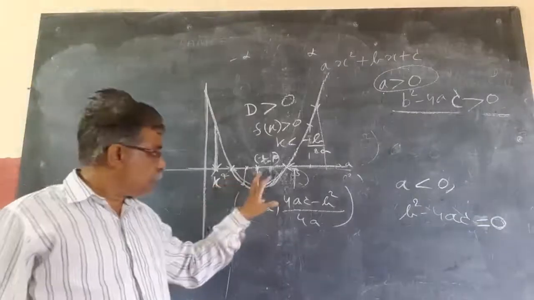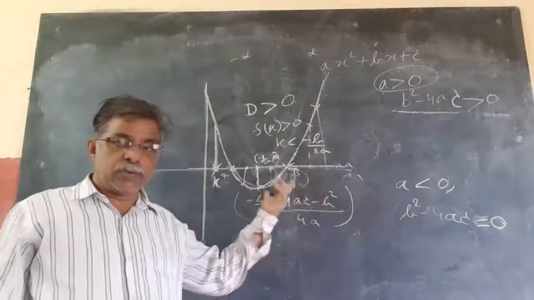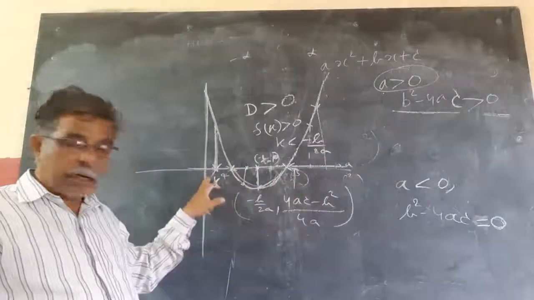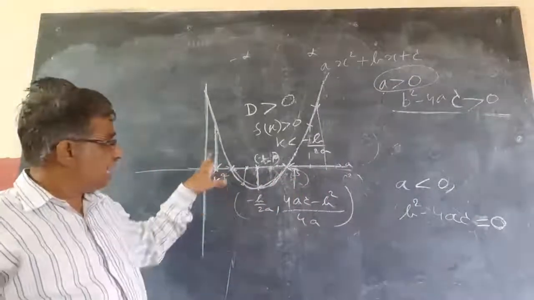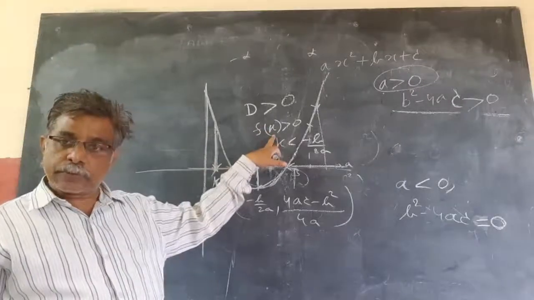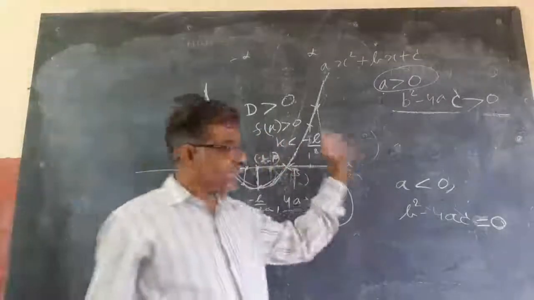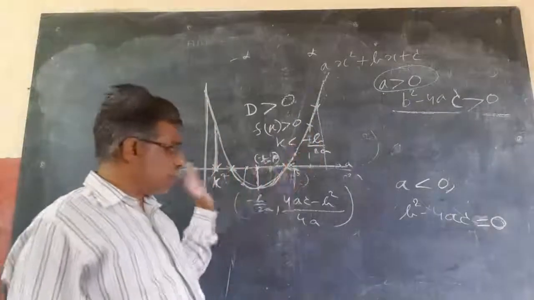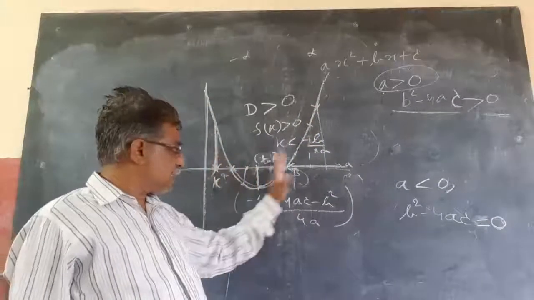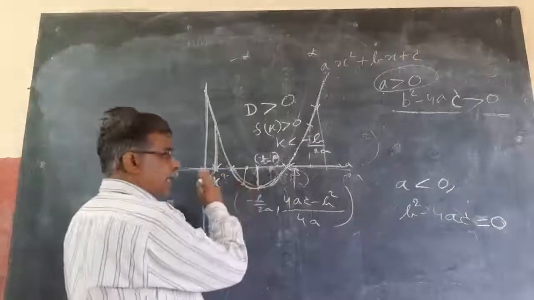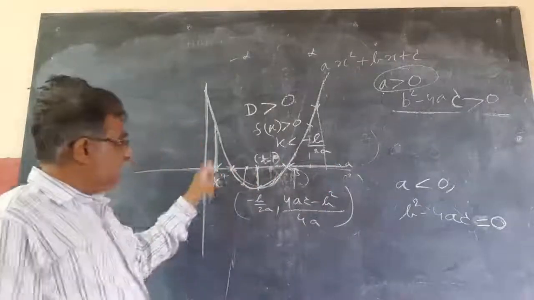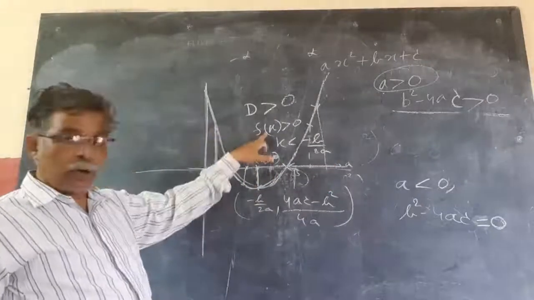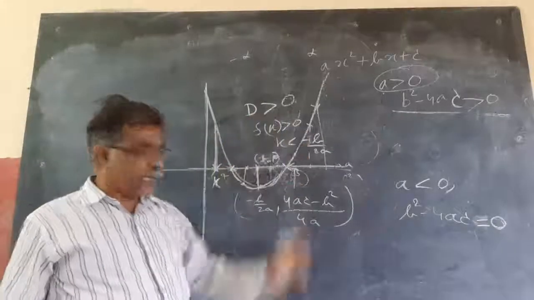Means if both the roots are more than k, then you observe from the graph that f of k is always greater than 0, on this side or this side. First we will discuss this side. If both the roots are exceeding k, means alpha and beta are on the right side of k, then f of k is greater than 0. It contains two roots with discriminant greater than 0.